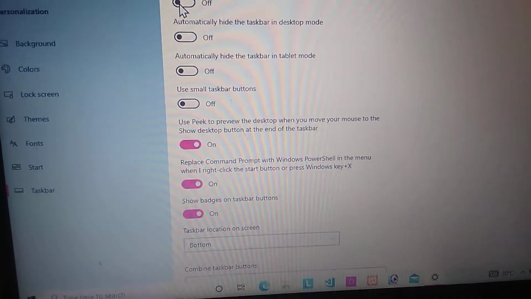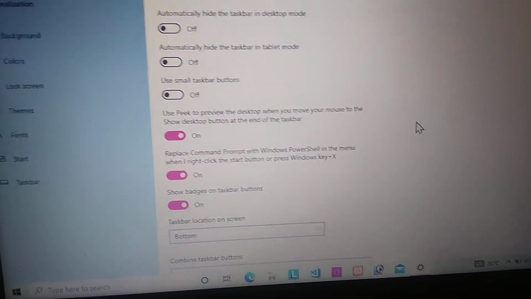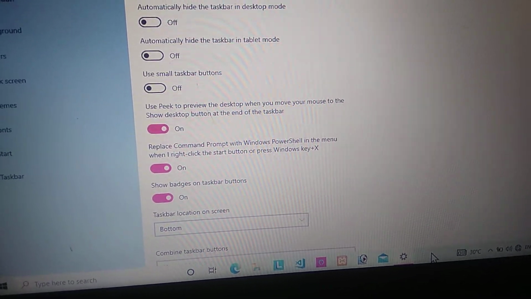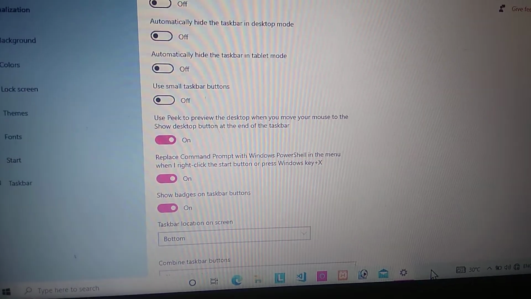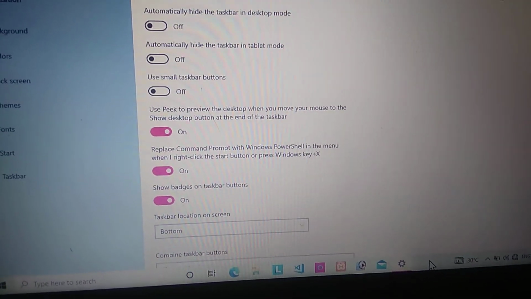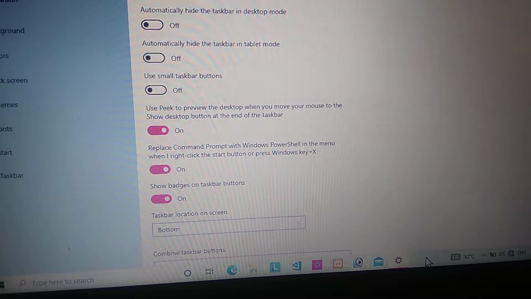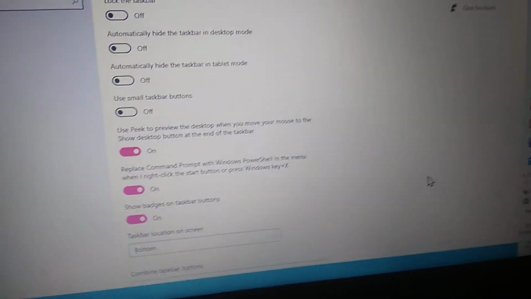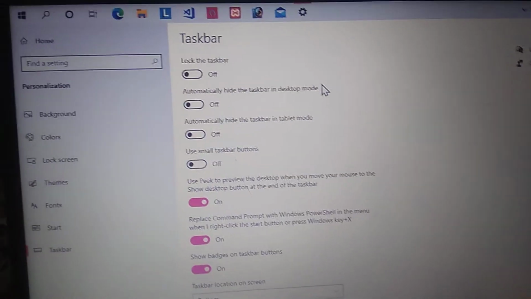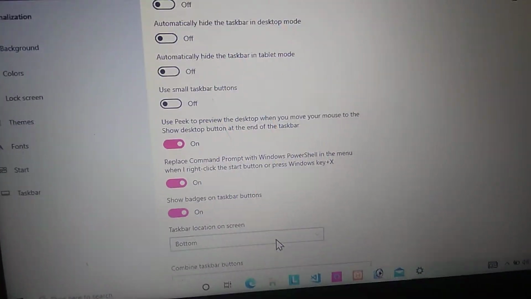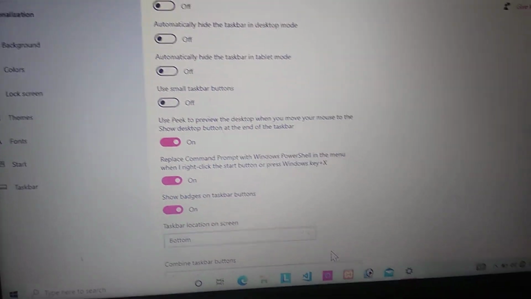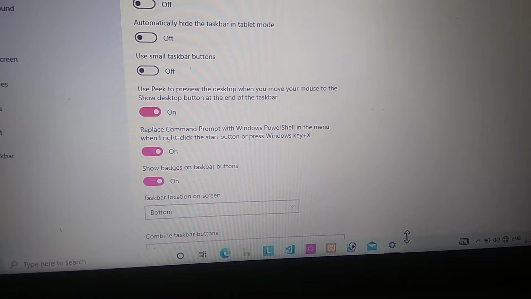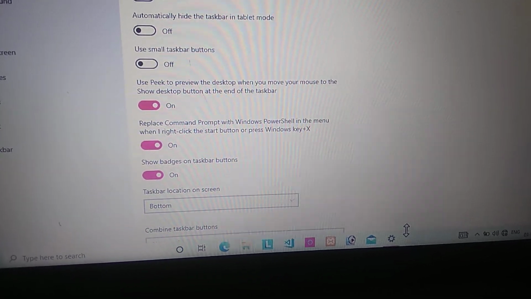After switching off lock the taskbar, you are now able to place your taskbar at any location. There are only four locations: top, bottom, left and right. So place your pointer at the blank space, hold the left key, and drag to the desired location. See, now this is the top, this is the right, and this is the bottom. And if you want to change the size of the taskbar, you can place your pointer at the border. Your pointer will change to a double-headed shape.